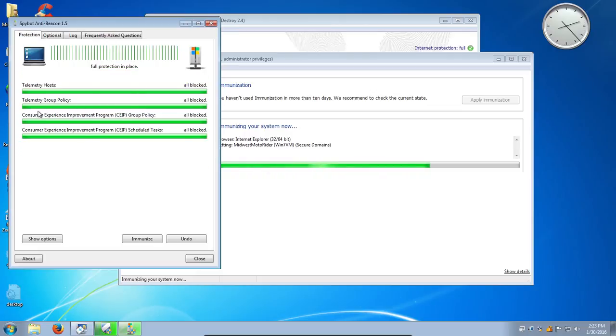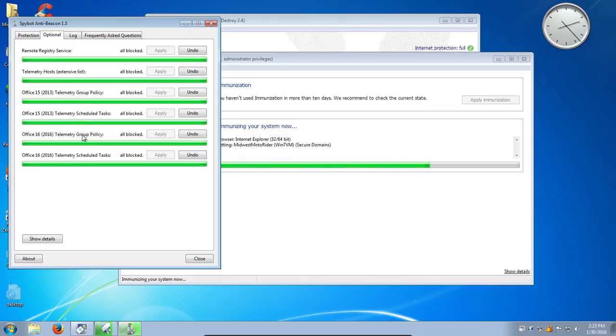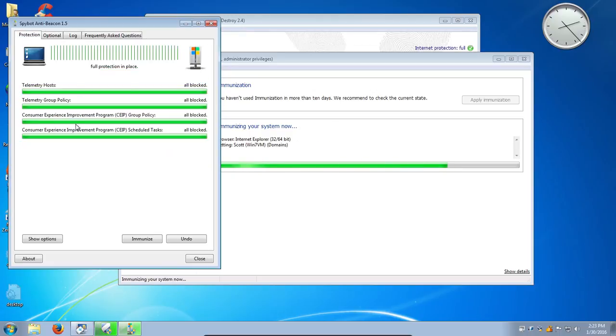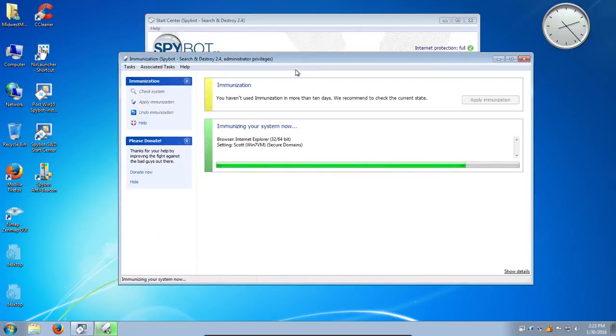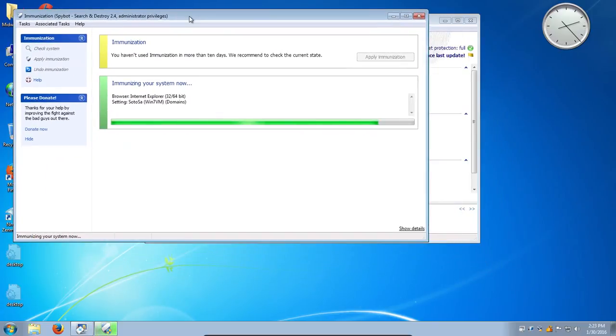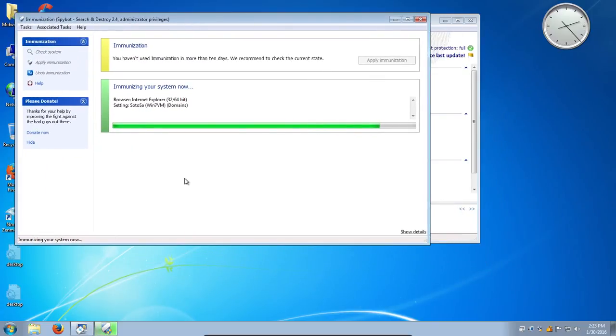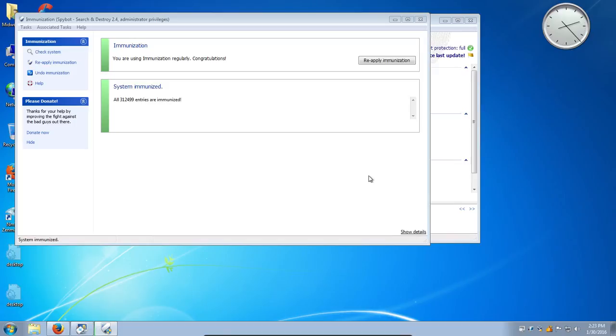So now every time you boot up, it's going to check to make sure all of these are done, and that these haven't been undone by Microsoft, let's put it that way. I would say once a month, just launch this and check for any new things that it's found. Microsoft's just not that fast at updating that thing, so I'm not too concerned about it. But anyway, between those two programs, Spybot Anti-Beacon and Spybot Search and Destroy,